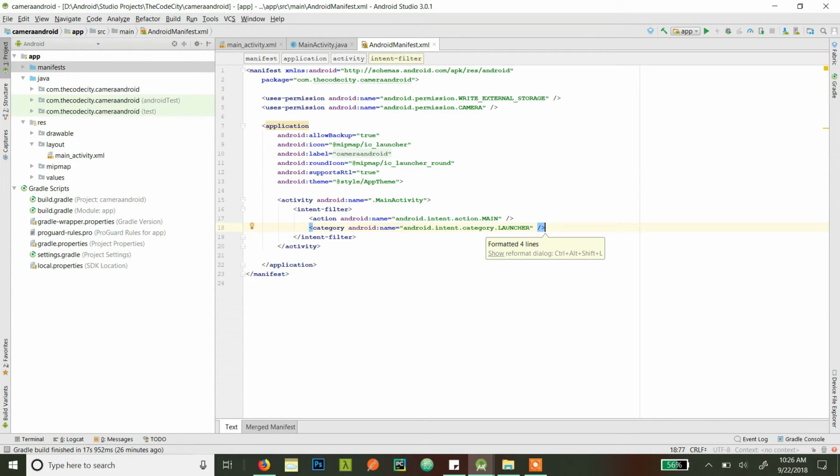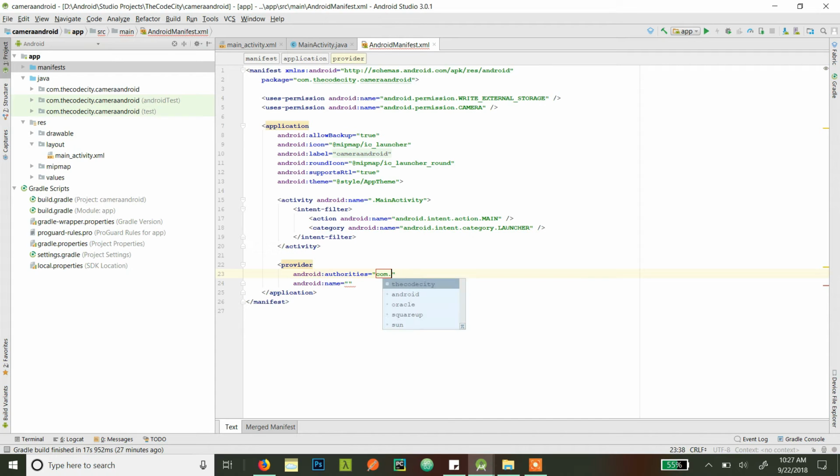Alright, now let's define our file provider. We say provider, and let's say the authority is com.codeCity.cameraAndroid.fileProvider. Name is